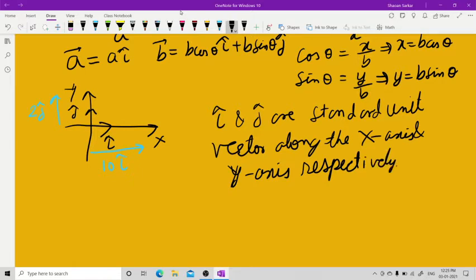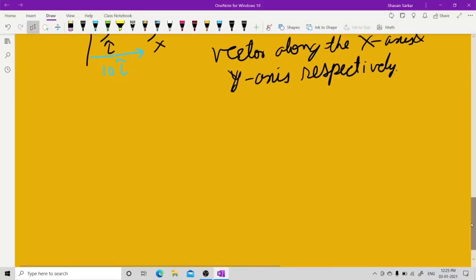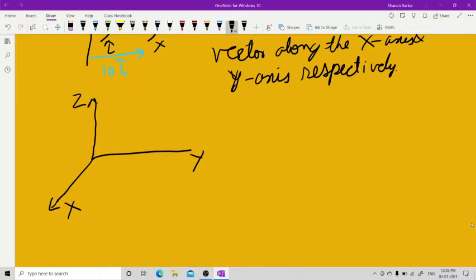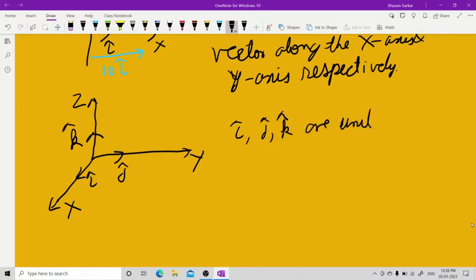Now let us see a little more different thing. Let us work with 3 dimensions now. Now supposing you have this. This is your x-axis. Maybe you can write your x, y, z. It's immaterial. I'm writing it here, in this order: x, y and z. In this direction, you have a unit vector i cap. In this direction, you have a unit vector j cap. In this direction, you have a unit vector k cap. Now, these are standard unit vectors. So i cap, j cap, k cap are unit vectors.